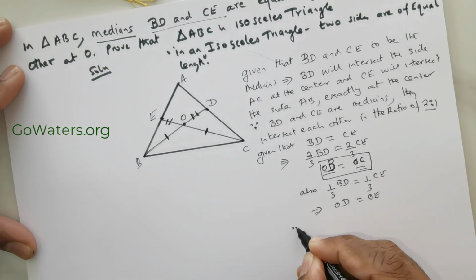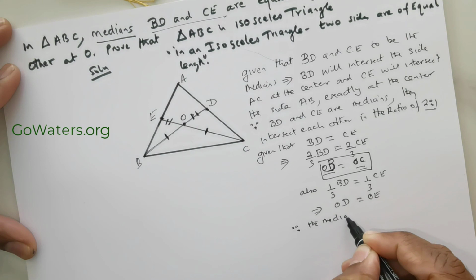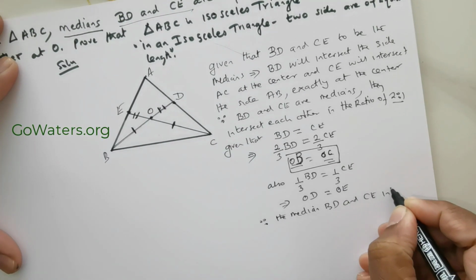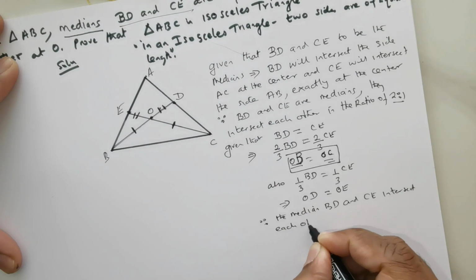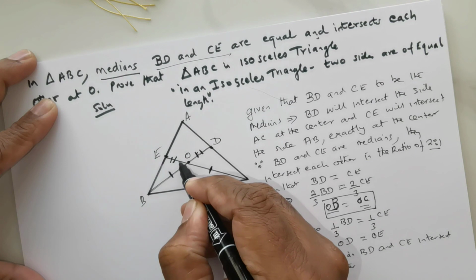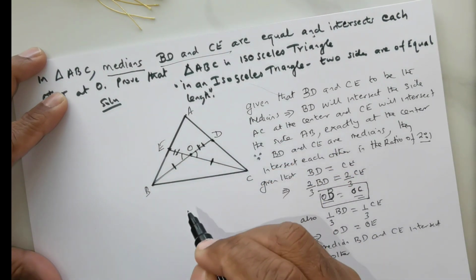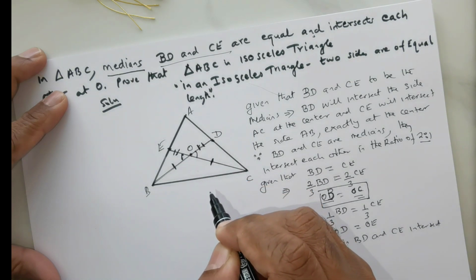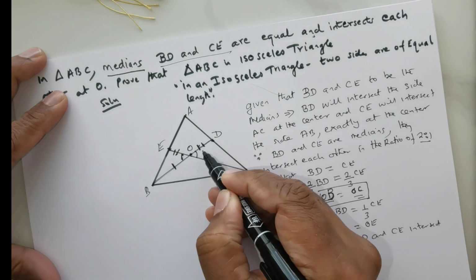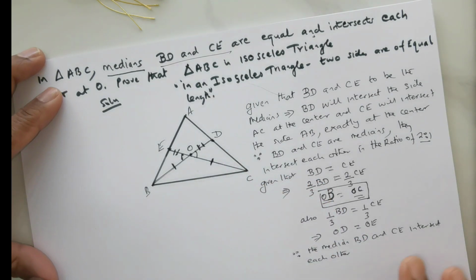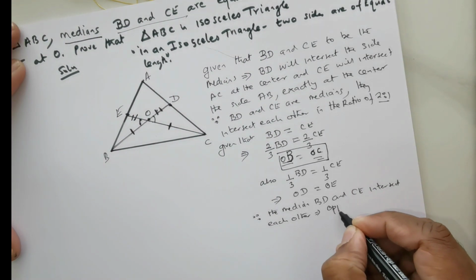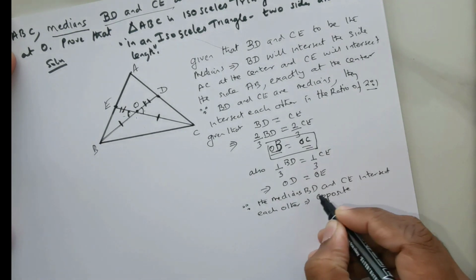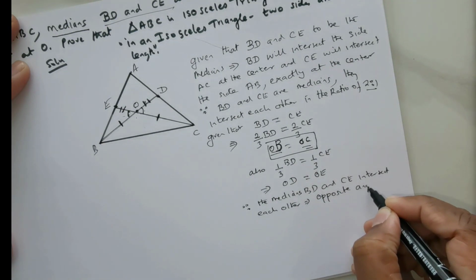Next one, since the medians BD and CE intersect each other, the angles present here will be one and the same, right? So you got a side angle side here. That is an important observation. And you got a side angle side. So this would mean opposite angles are equal. That's the important thing, because you got an opposite angle here, you got an opposite angle here. So since the medians BD and CE intersect each other, this implies opposite angles are equal,